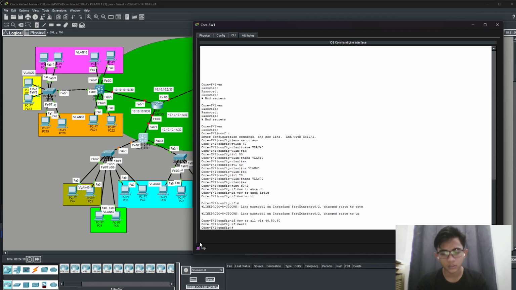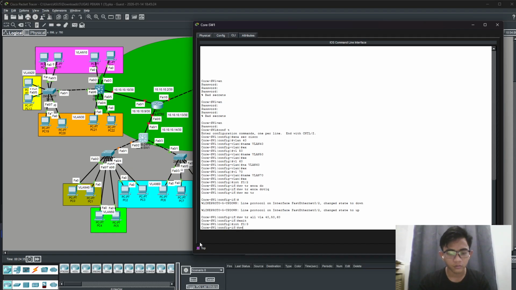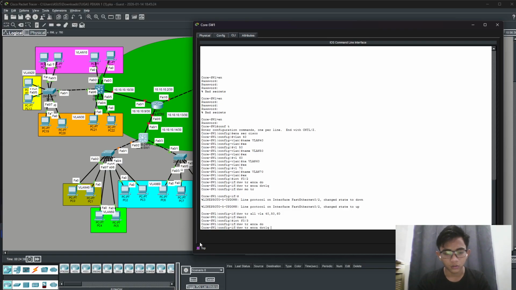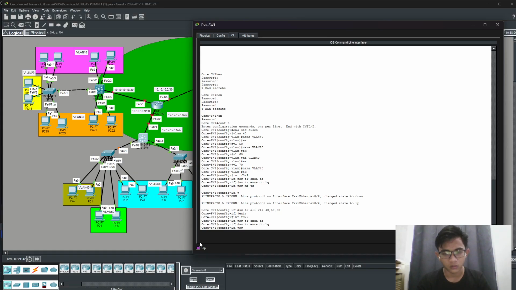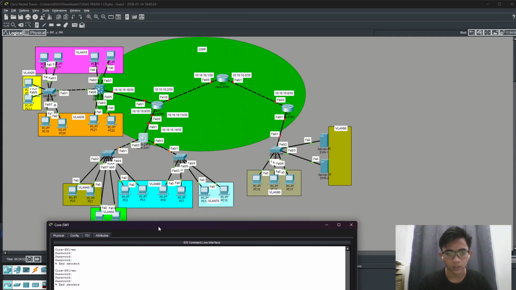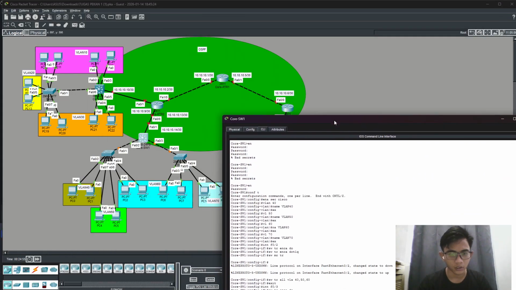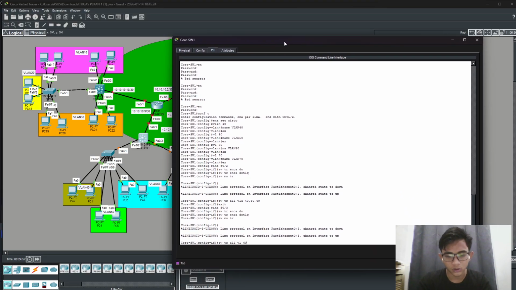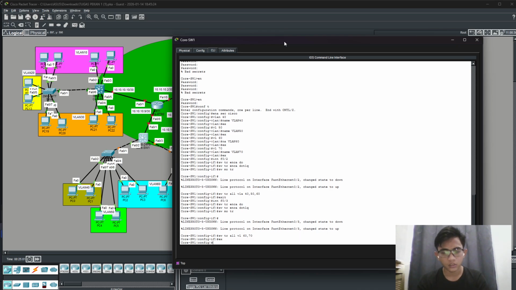So exit. Now interface F0/3, switchport trunk encapsulation dot1q. So switchport mode trunk. So switchport trunk allow VLAN, and here we just use two VLANs, 60 and 70. Enter. Okay, exit. So now the SVI.